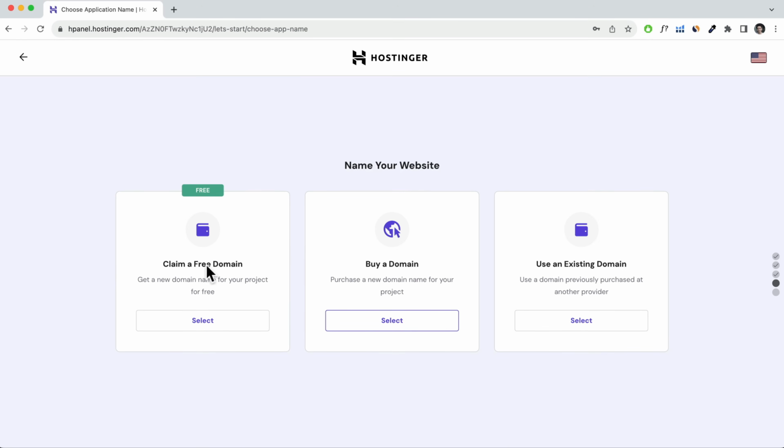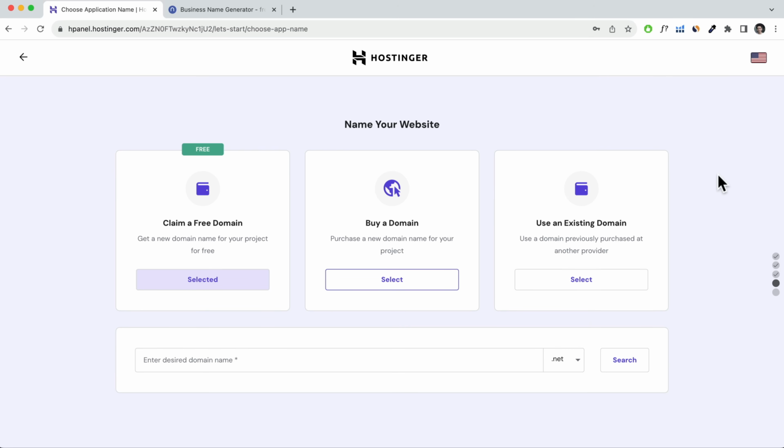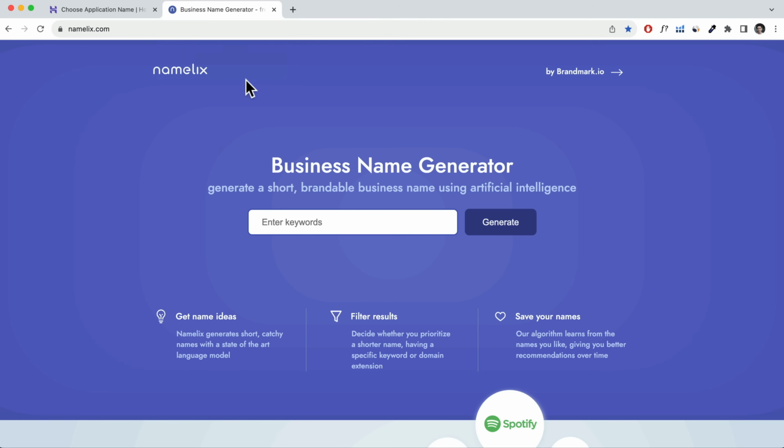So here we can claim our free domain name and we're going to click on select. If you are creating a personal blog, then I might recommend choosing just your personal name. For example, mine is hoganchua.com. You might go for yourname.com or whichever extension that you may want. If you don't want to choose your personal name and you're not sure what name to call your